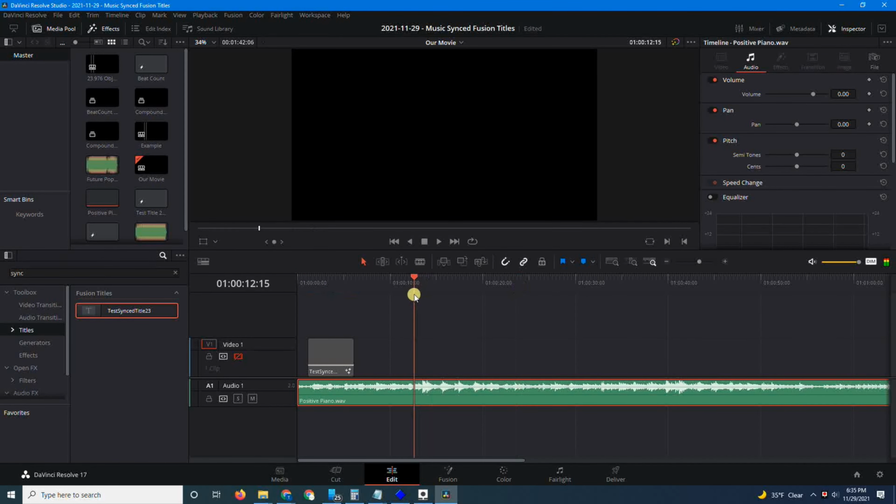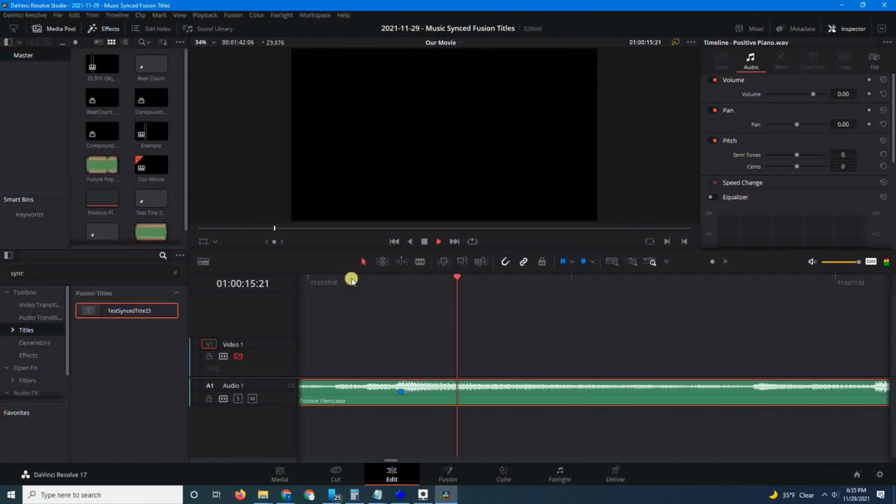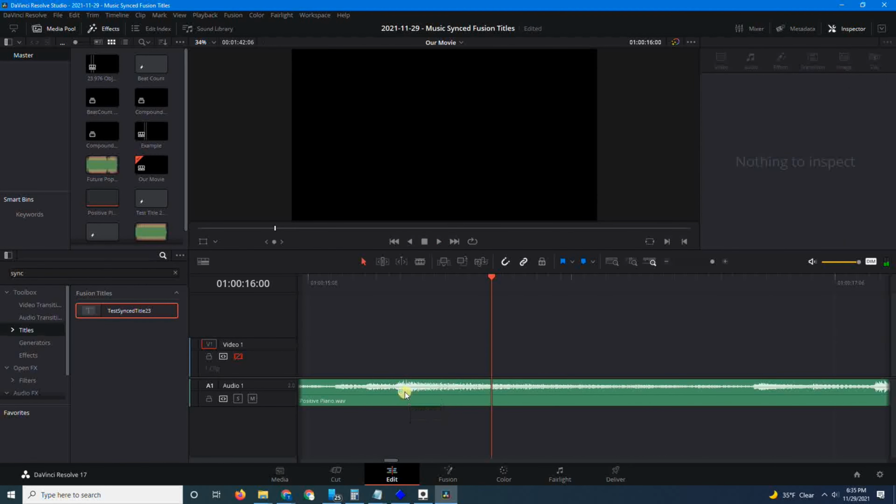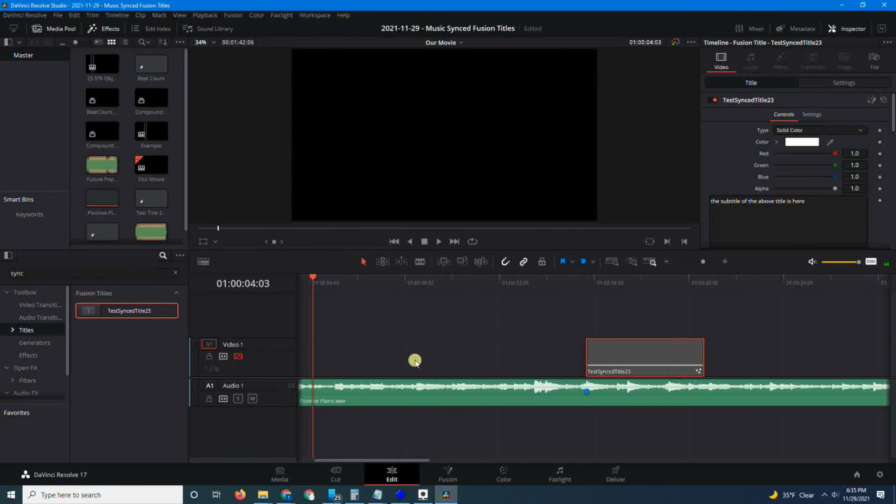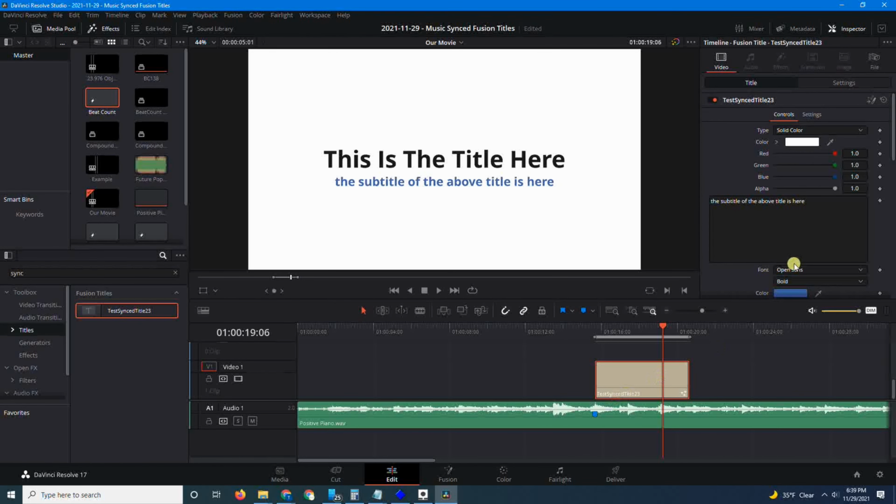Try to find some measures here where we could add it. Zoom in, make sure we have that. Add that right here. Before we do anything else, I just want to show you that in this inspector here,